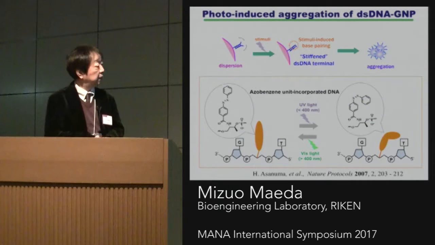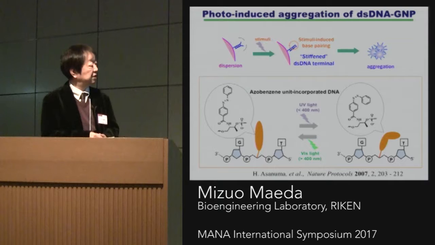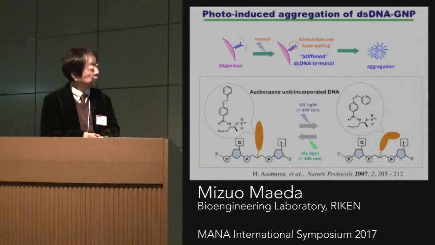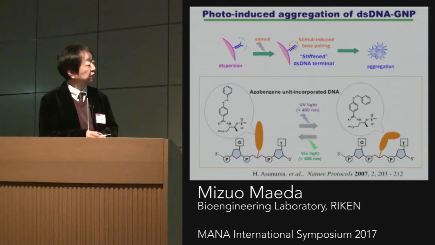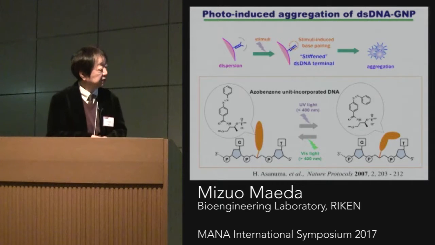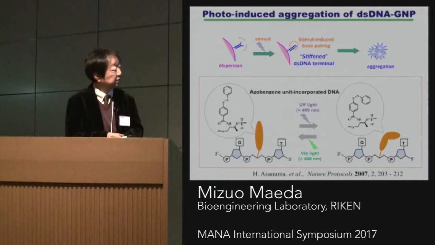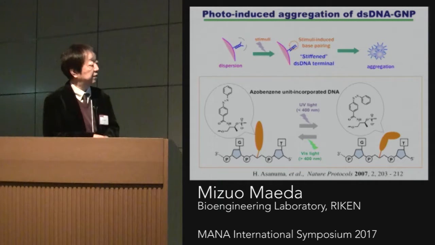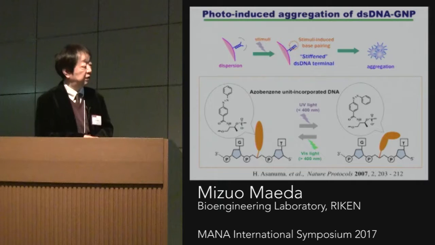And for this purpose, we took advantage of a good reagent presented by Professor Asanuma of Nagoya University. Professor Asanuma developed the azobenzene-modified nucleotide model, and he found that the trans form of azobenzene structure can stabilize the double helical structure of DNA. But if it changes to cis form, then the cis form disturbs that double helical structure, and the duplex is dissociated into